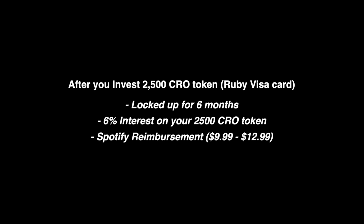On top of that, you will be getting a Spotify reimbursement, which is about $10. And you'll get a 2% cashback reward every time you spend with your debit card. So let's talk about your initial investment and your total return after a year if you decide to get the